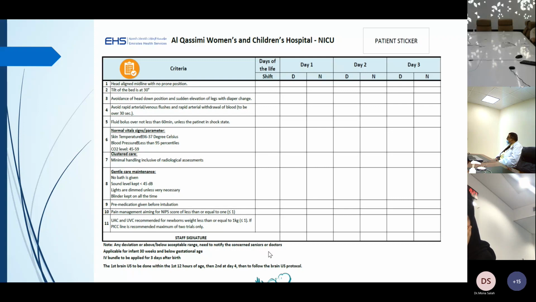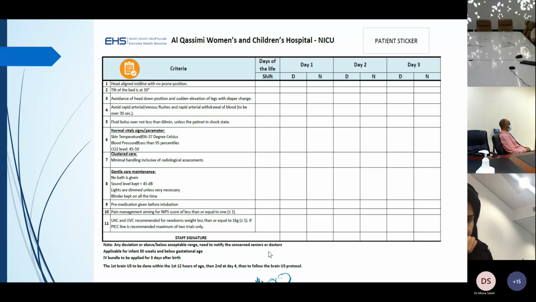Normal signs and parameters: skin temperature 36 to 37 degrees, blood pressure less than the 95th percentile to avoid hypertension, CO2 level 45 to 59, clustered care, minimal handling, inclusive radiological assessment, gentle care maintained, no bath is given, sound level kept less than 45, and lights on demand unless very necessary, blender kept on all the time, pre-medication given before intubation, pain management aiming for